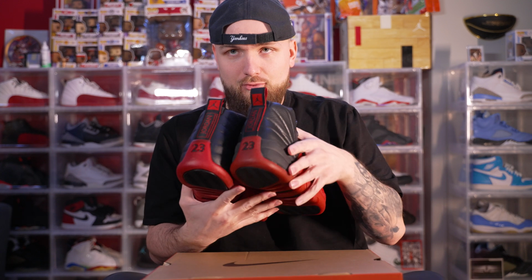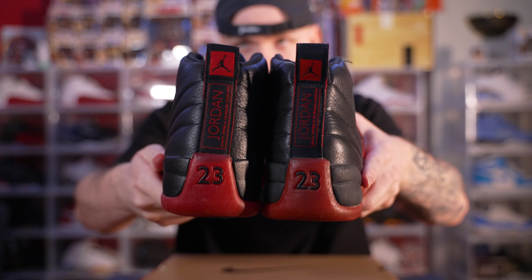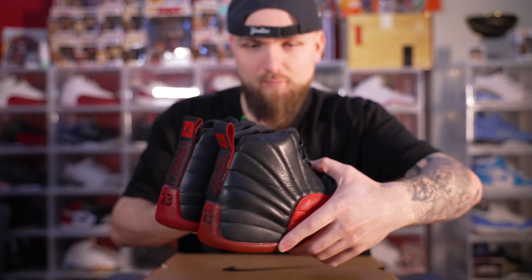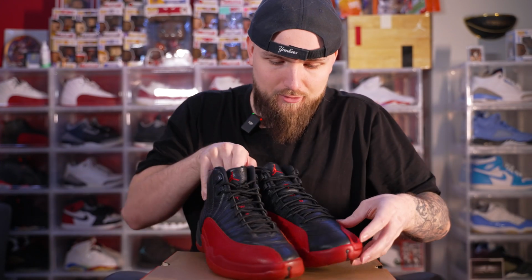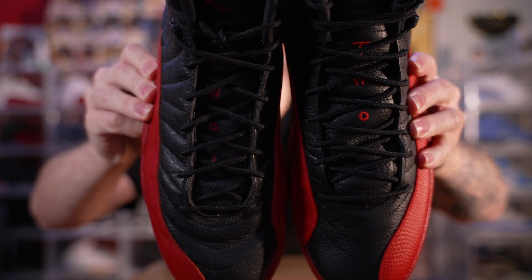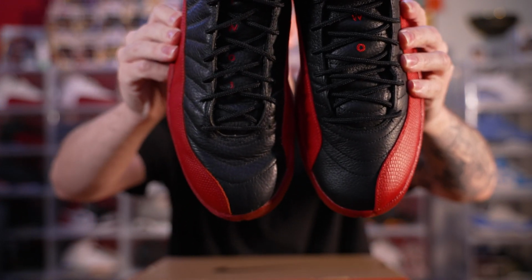I'm going to show you guys the back heel. They revamped the Flu Game 12 back heel, so it's as close to the original as we've ever seen. And even the 2-3 on the actual tongue, when you're going down, the font's pretty close. It's not bad. The shape of the toe box is the only thing that I could say is